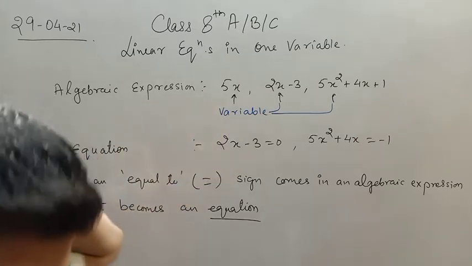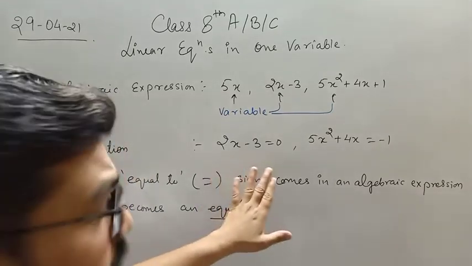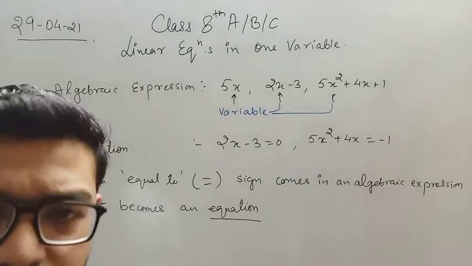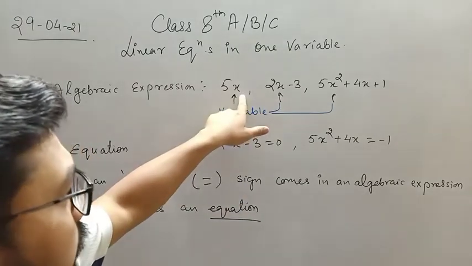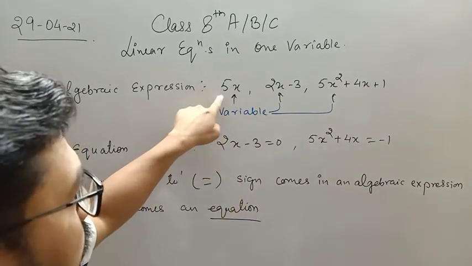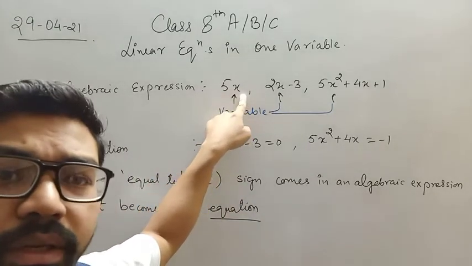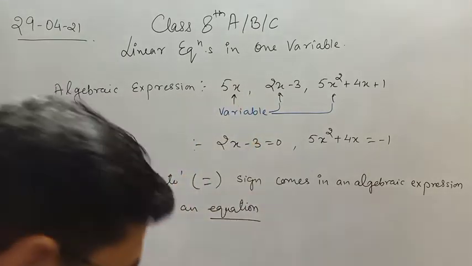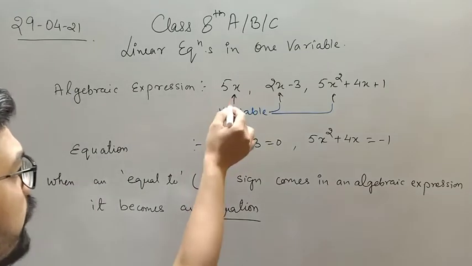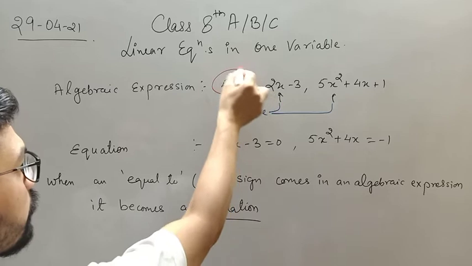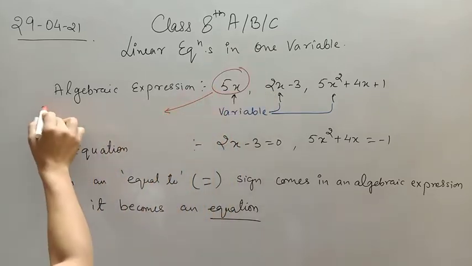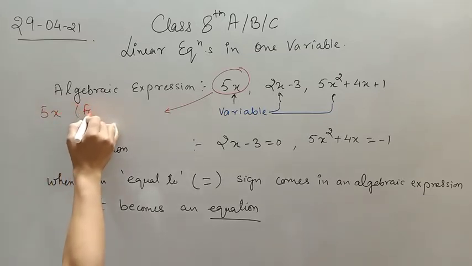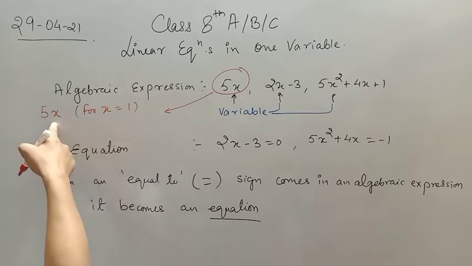And what are variables? Okay, before noting down these things, I'll explain what a variable is. So a variable is a quantity which can be changed, which can vary with time. Beta, x here can be anything. Let's say I said 5x. So some student said, let's say, sir, x is equal to 1. So for x is equal to 1, what value will we get? Why am I saying this is a variable? 5x. For x is equal to 1, what value will you get?